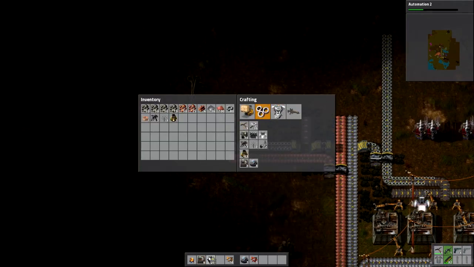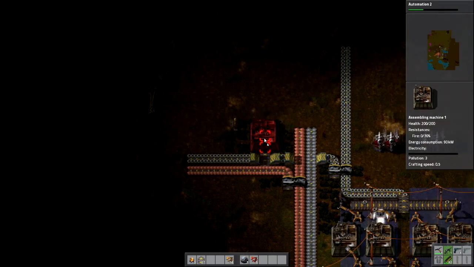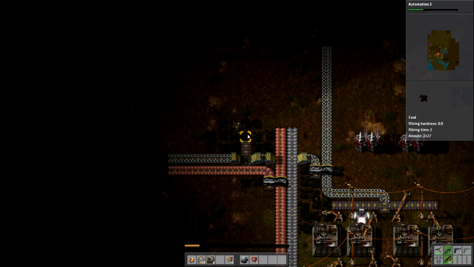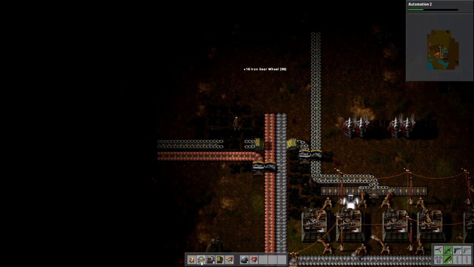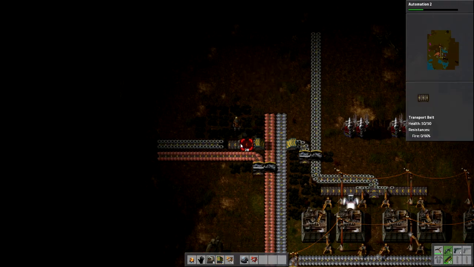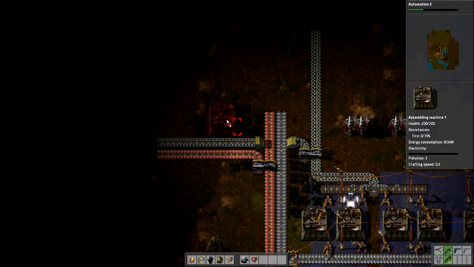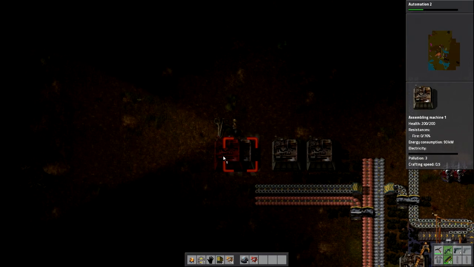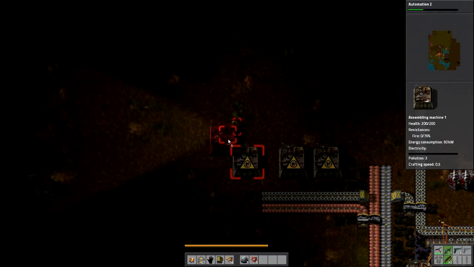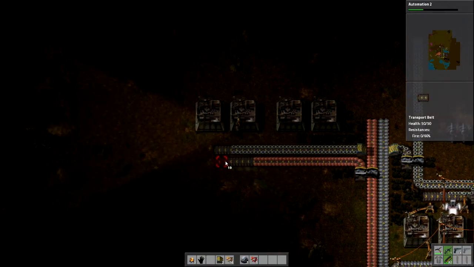So let's set down just one assembly machine first. You know what? We don't even need this, because this is going to be our first line. So we can actually just run like this. And that'll be just fine. Now, set down our assembly machine. Doesn't really matter how far away it is. This is fine. Okay. So, how do we get...